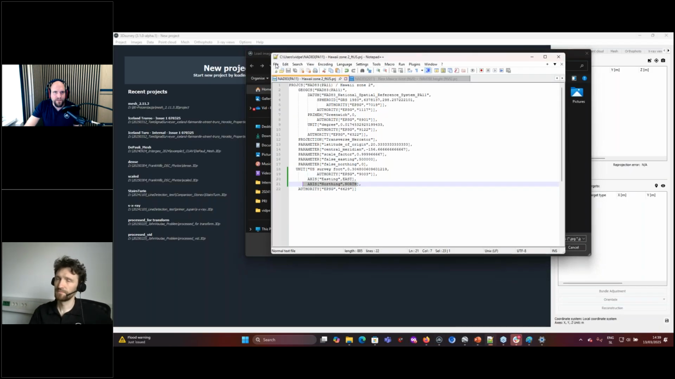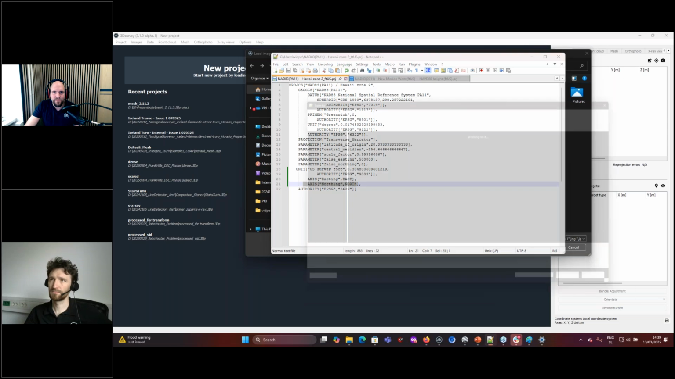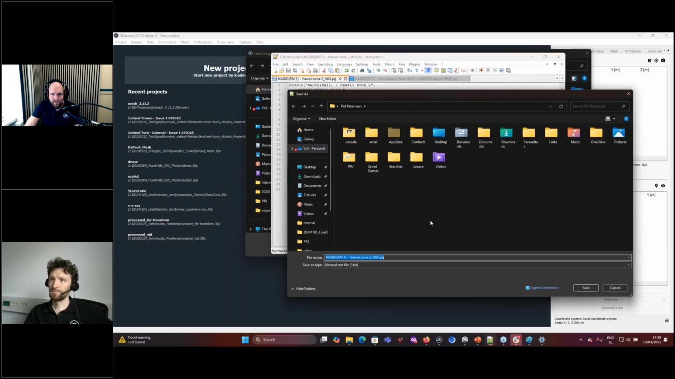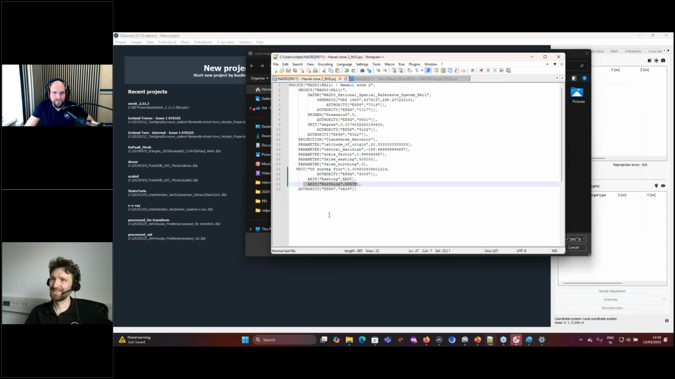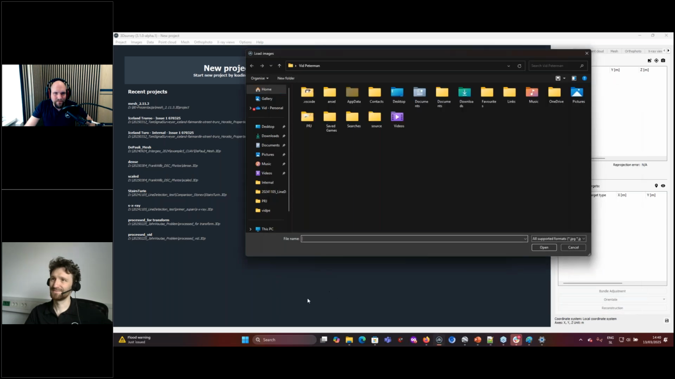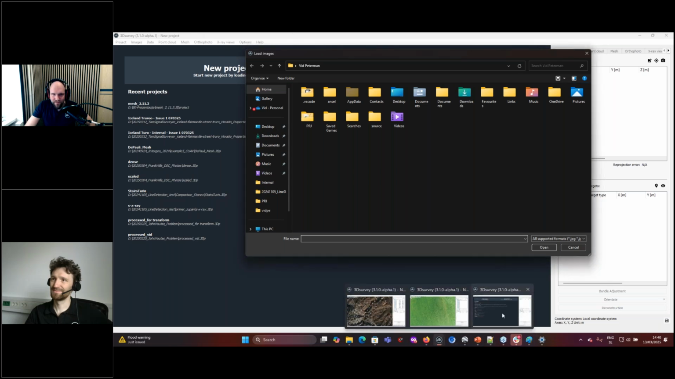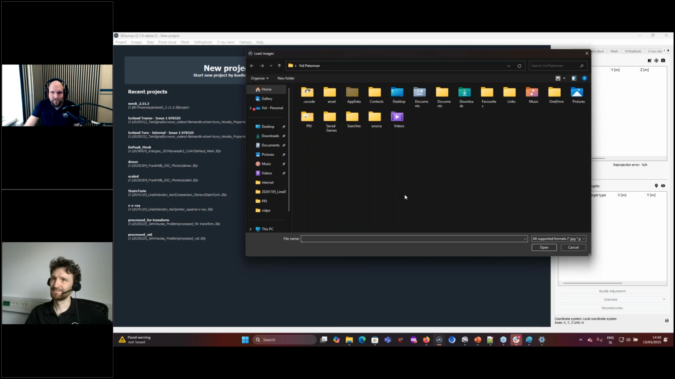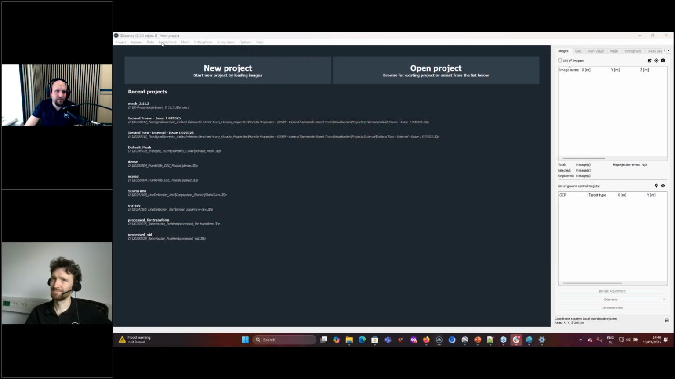So the file, we have saved it. I'll just take this folder. Let's save it one more time. Why is it missing here? Maybe use the desktop. Okay, back to 3D Survey. We are actually in load images. Project